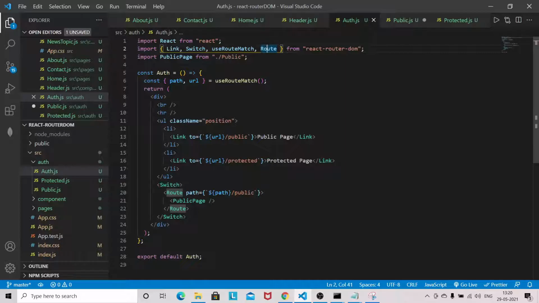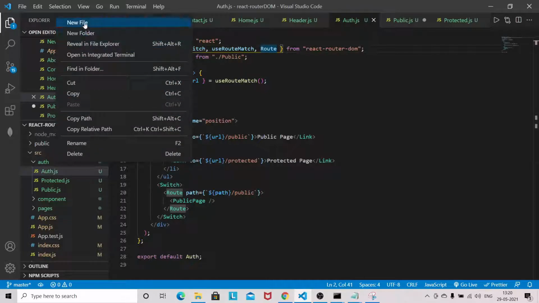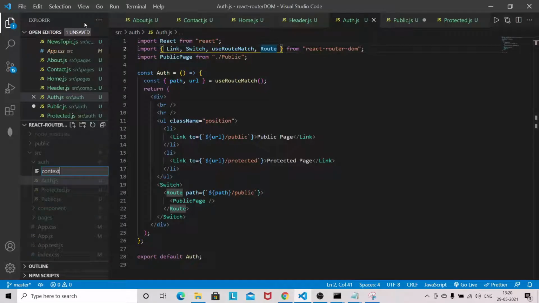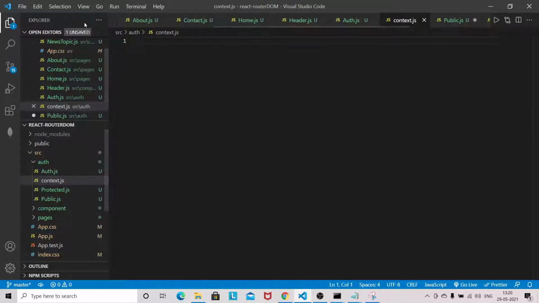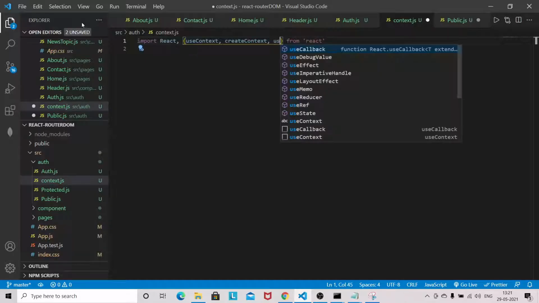Okay, so we'll create one context first here. So context required here. So in context, we need some imports from React: useContext, createContext, and useState.